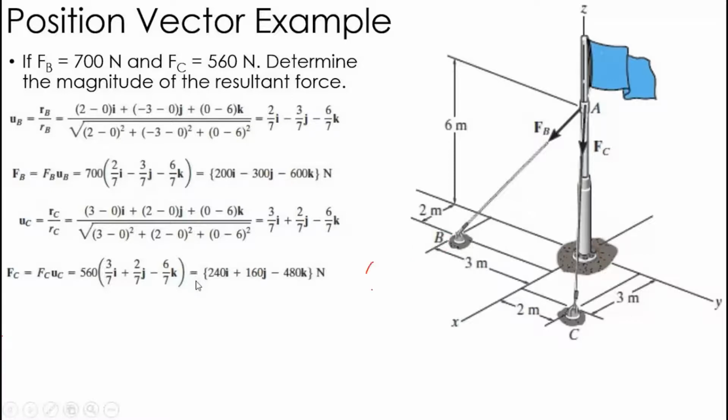How can you find out the point B coordinates? Let's take a look. You have to move here, and how much distance have you covered? You have covered 2 meter, and this is parallel to the x-axis, so I can write down positive 2 here. And when you move from here to here, it is not positive, because y positive is here and here it is negative, so this will be minus 3. And this point is not raised above or below, so the z component will be 0. So these are the coordinates of point B.